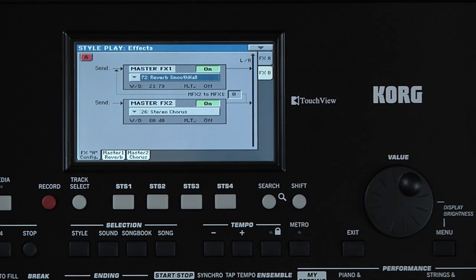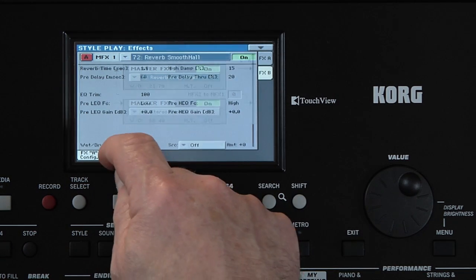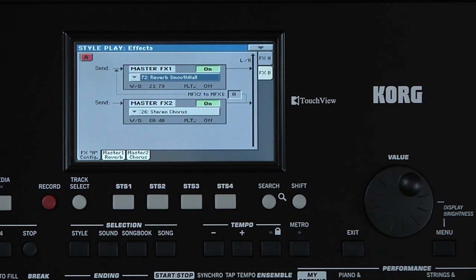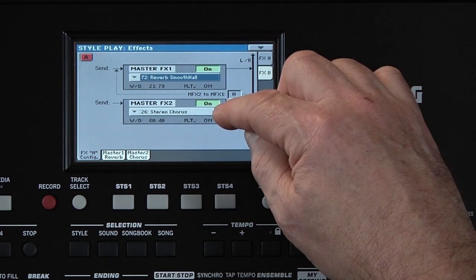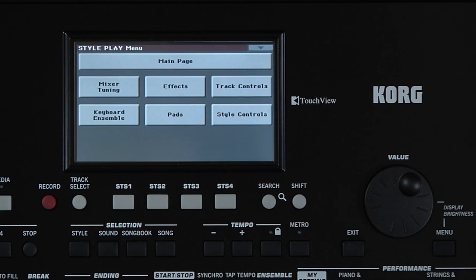You select the master effect you want here, and these tabs access each of the effect's parameters. Notice that in this particular case, Master Effect 1 is a reverb effect and Master Effect 2 is a chorus effect. Press Menu, touch Mixer Tuning,